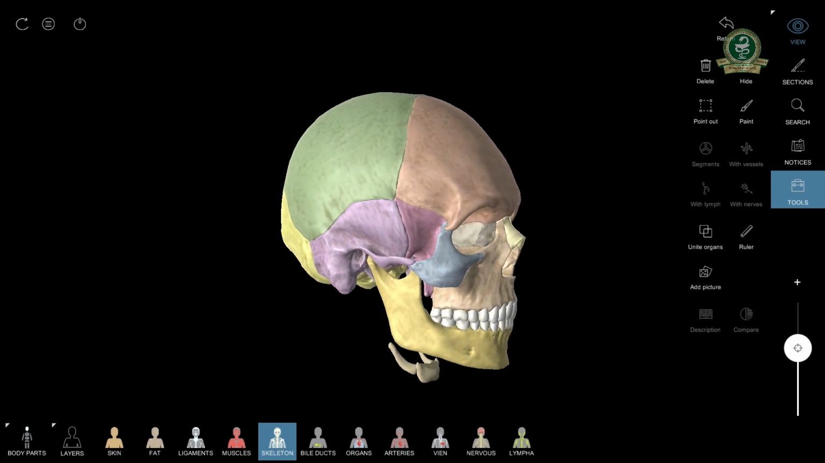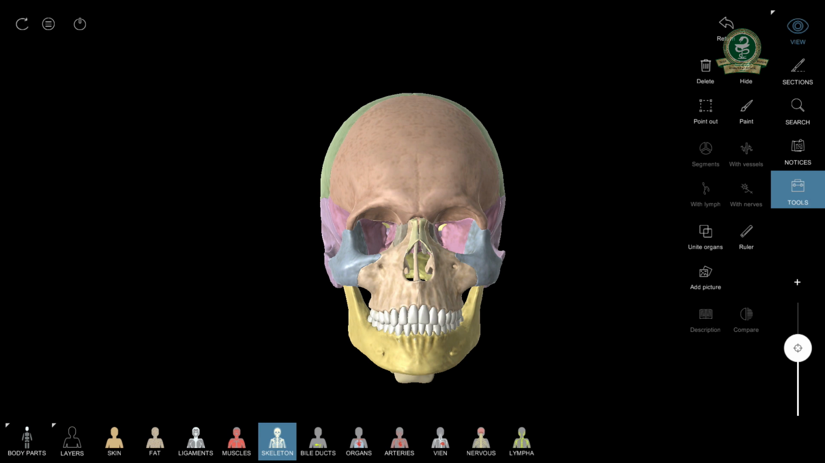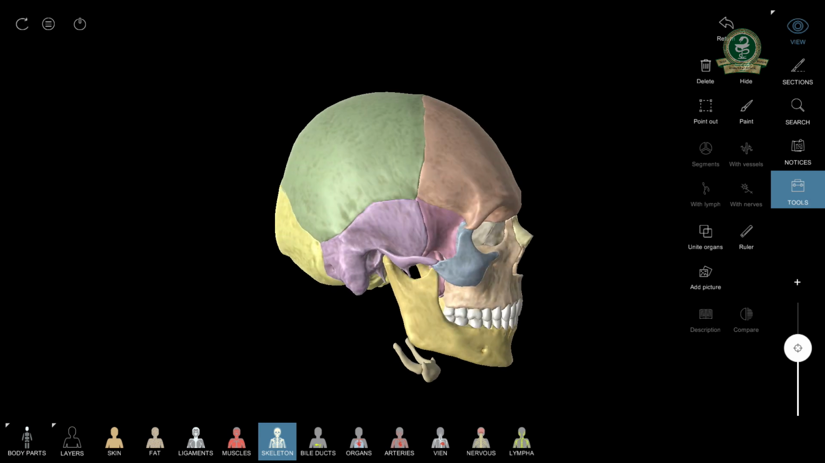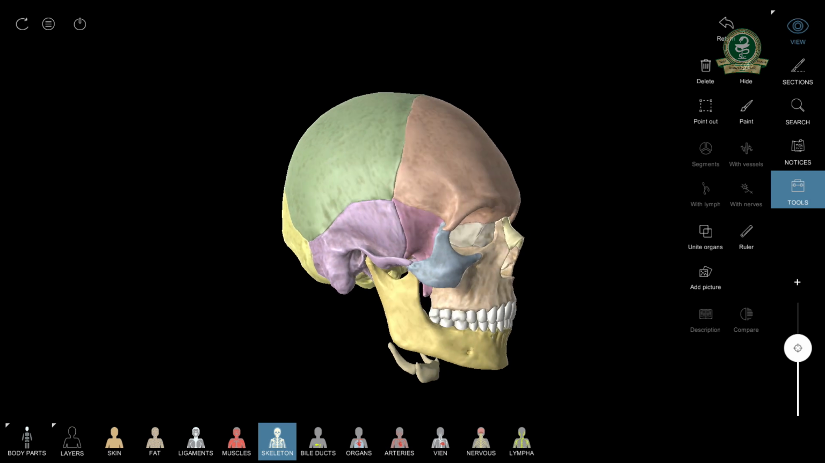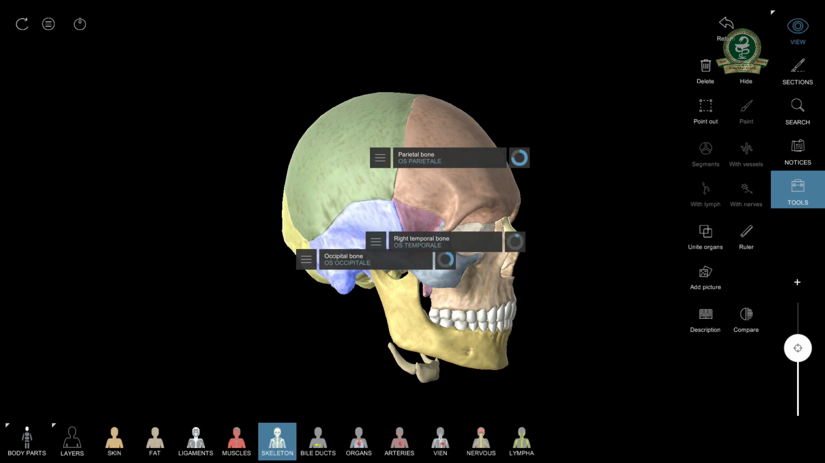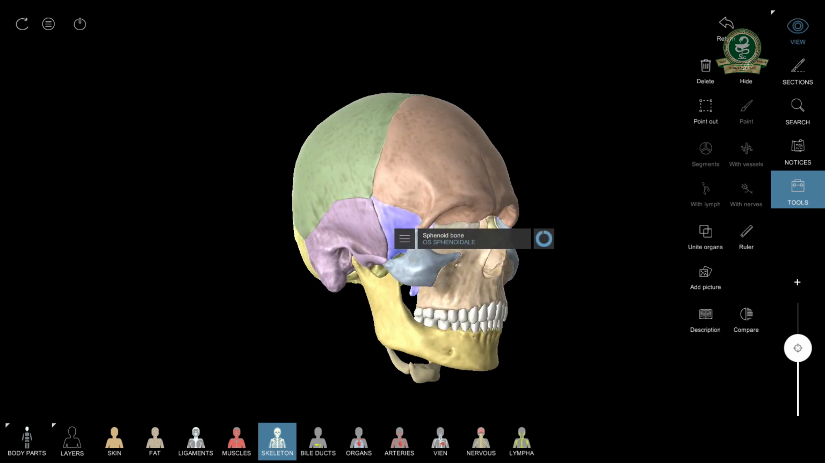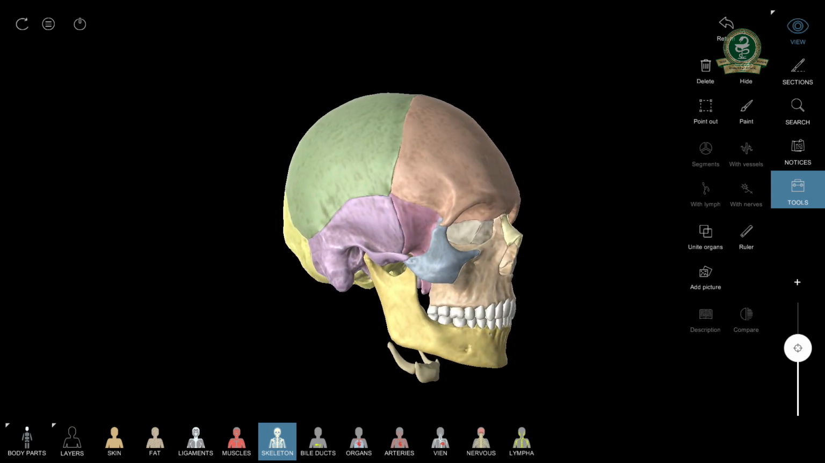And here we must know about the 8 cranial bones, starting from the frontal bone, parietal bone, occipital bone, and temporal and sphenoid bone, and the ethmoid bone also included in the cranial bones. Here's the frontal bone, parietal bone, occipital bone, and temporal bone. This one is the sphenoid bone. We can see the biggest part, 2/3, is the cranial part,